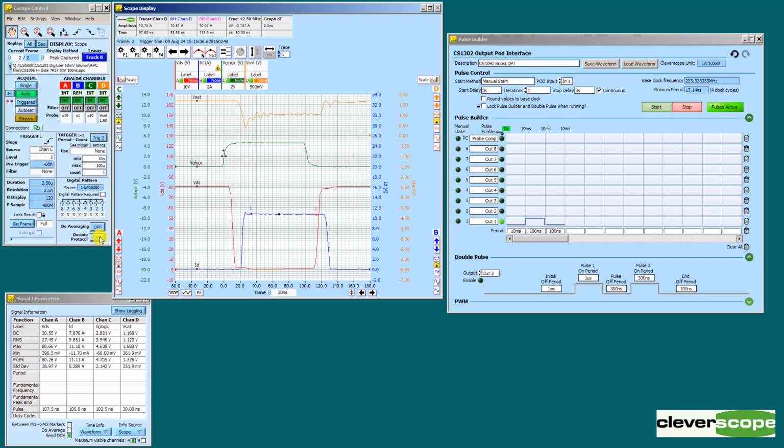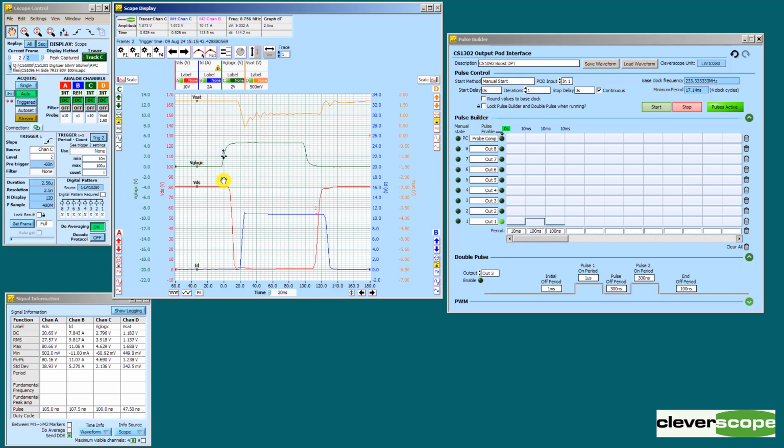If we want to improve things, we can do averaging. So the current is decaying by about 100 milliamps, probably because our storage caps on the power supply aren't quite big enough. The next channel is the logic drive, and so here we can measure the delay between the logic drive. Let's go from middle to middle. So there,